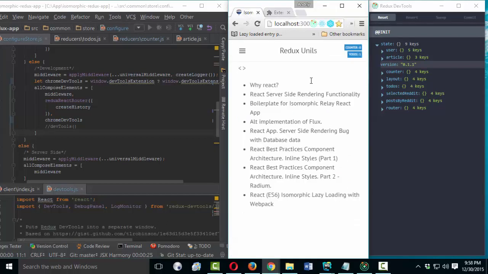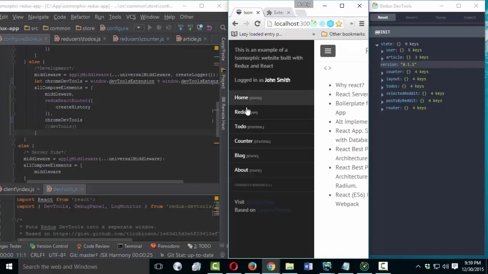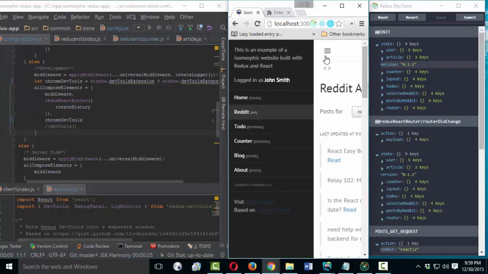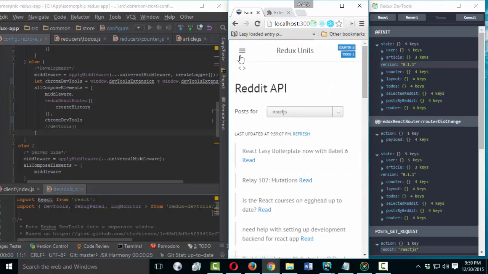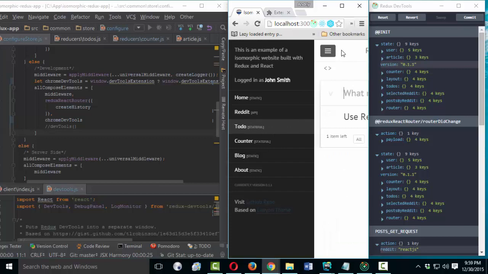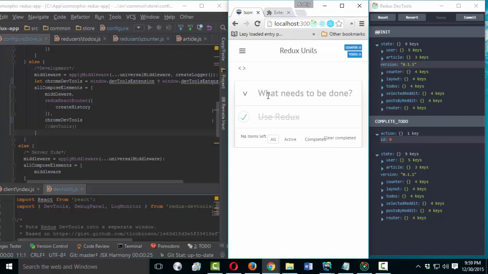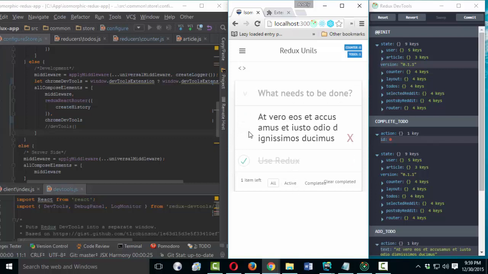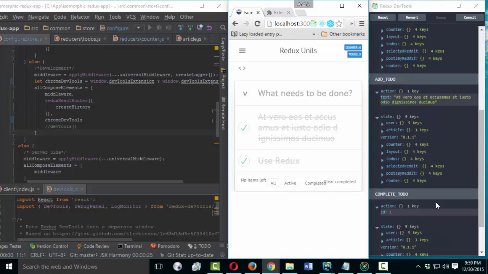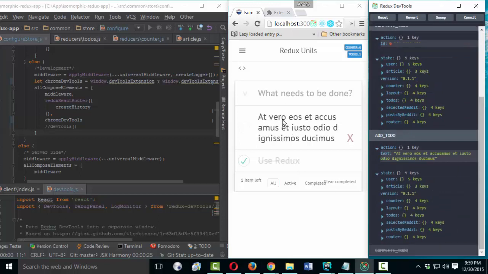With Redux DevTools functionality, I have the possibility to travel in time, recording my app actions and states. For example, I come to To-Do. You will find this example in many video tutorials. I commit, make it completed, add a new one, then make it also completed. If I'm not happy with this result, I remove it just here.